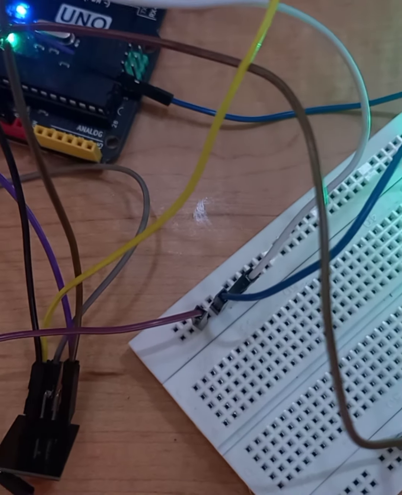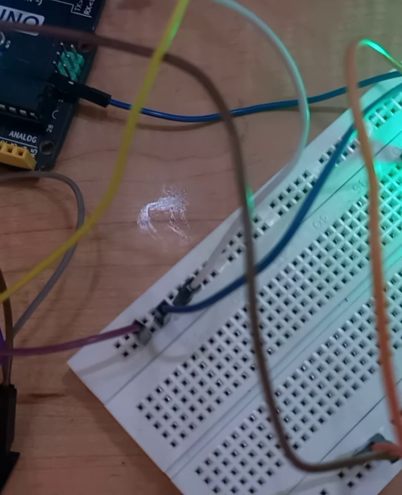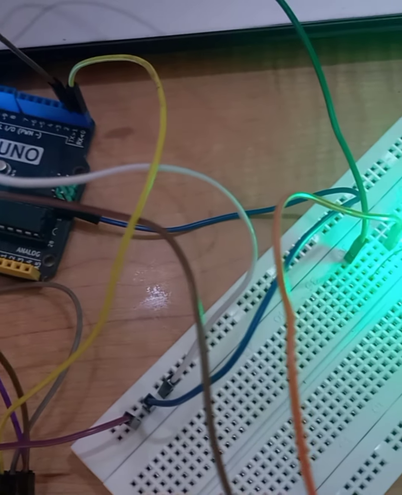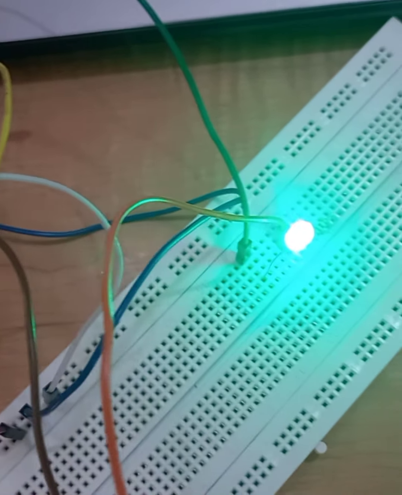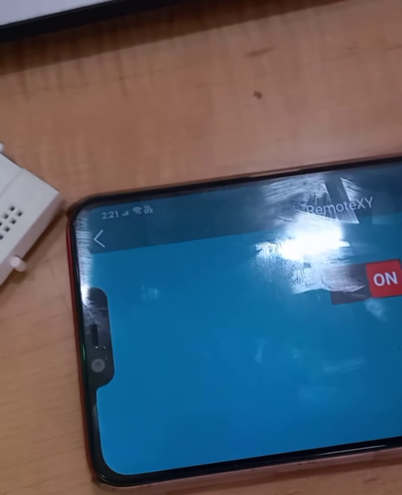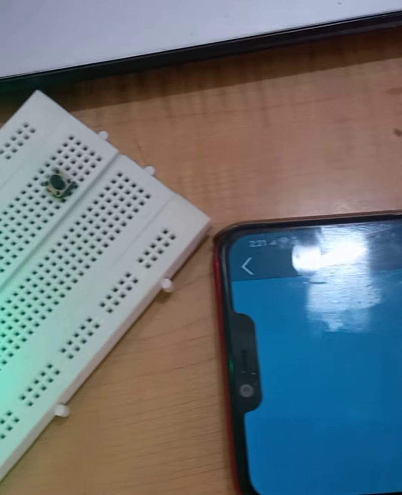So you can see the total setup now. The Wi-Fi module is connected to the Arduino Uno, and here the LED is connected to pin number 13 as discussed earlier, and here we have developed the app with just a single switch. So if I say